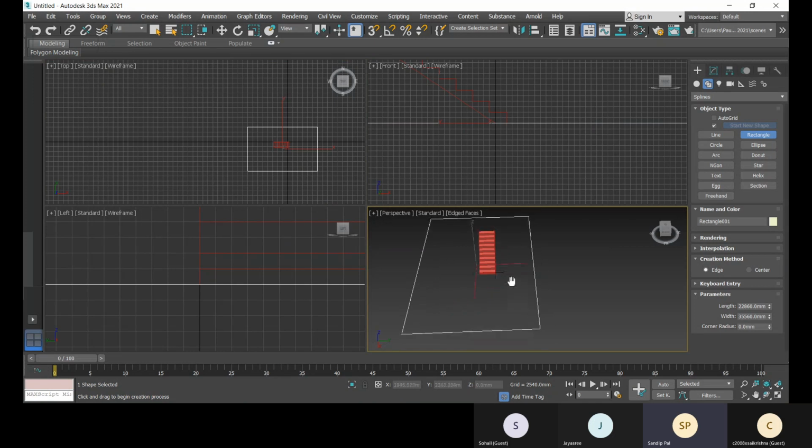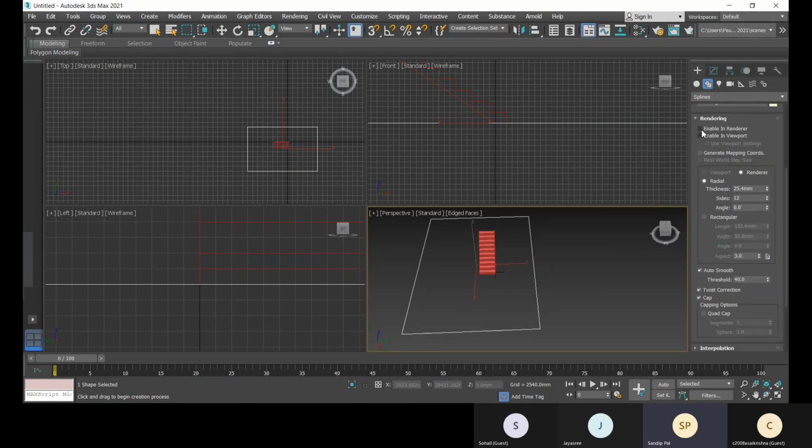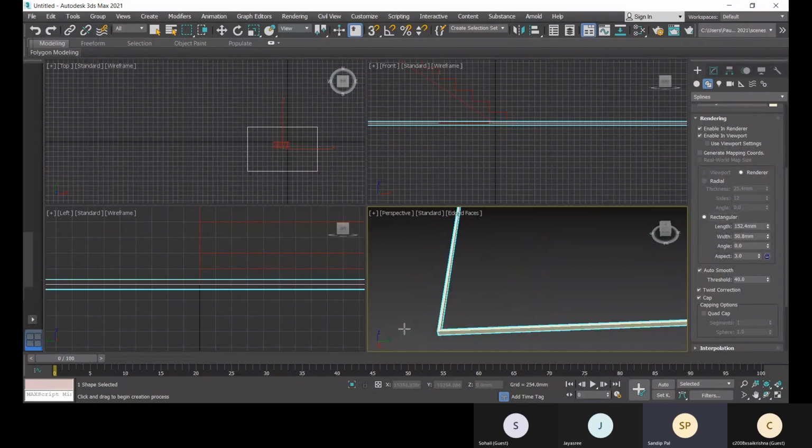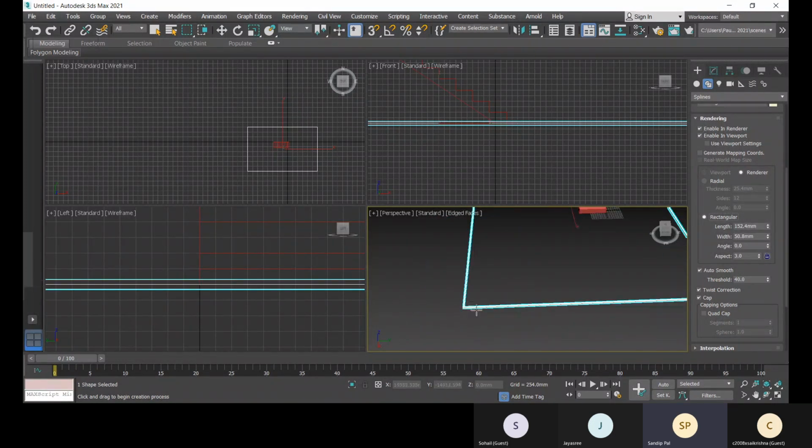And now I will enable this rendering, enable in renderer, enable in viewport. So it will give me thickness. Not in the radial format, in the rectangular format. So I don't have to extrude it. In that line option itself, it will give me this thickness.